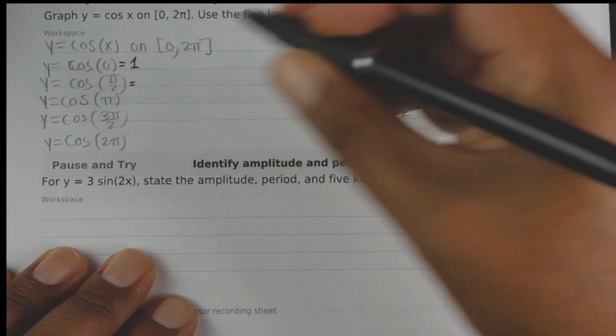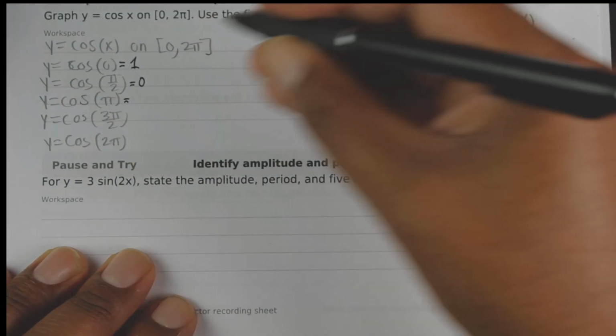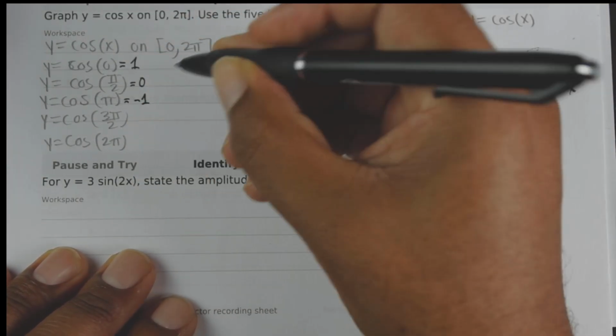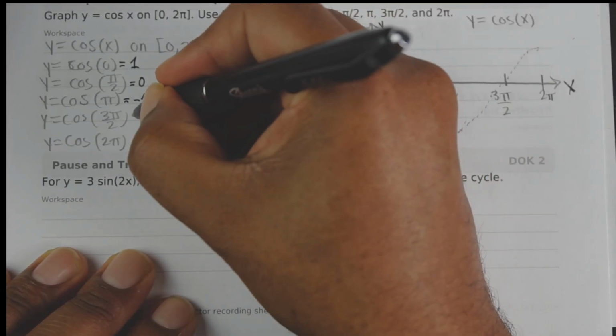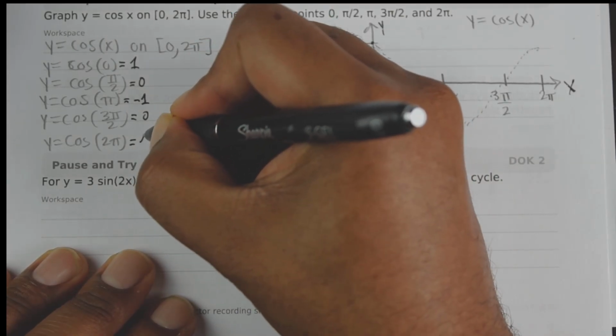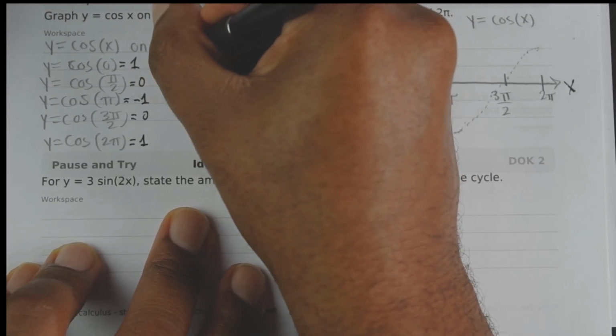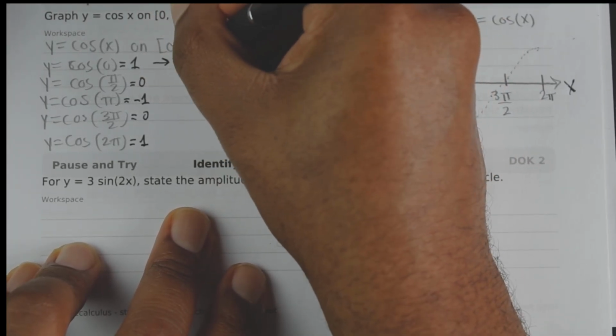Cosine of pi over 2 is 0. Cosine at pi would be -1. Cosine at 3 pi over 2 would be 0. Cosine at 2 pi would be 1 again. Okay? And then those points would be 0, 1,